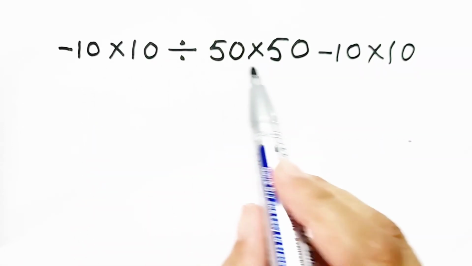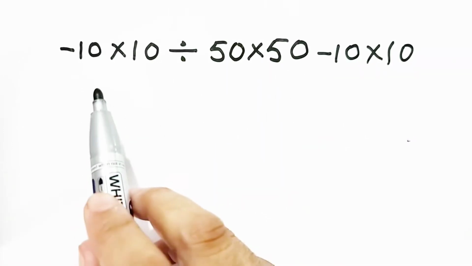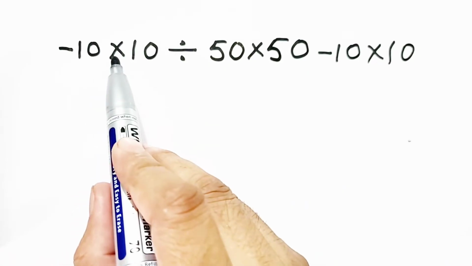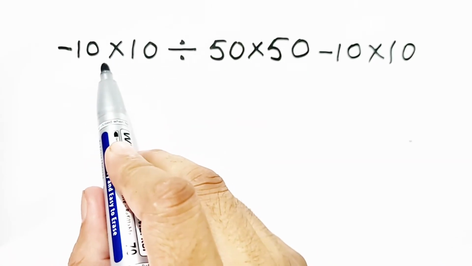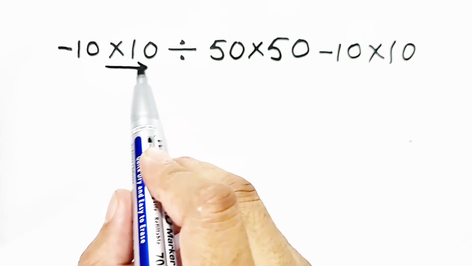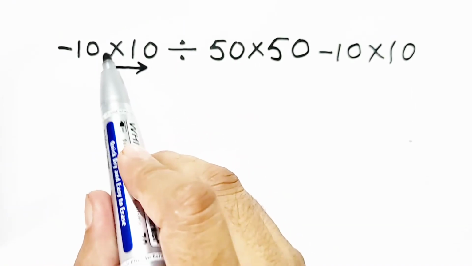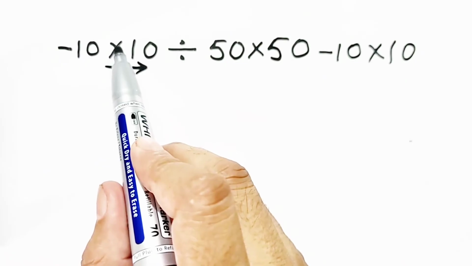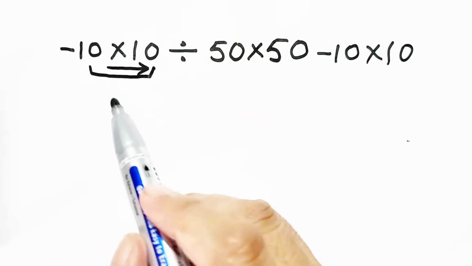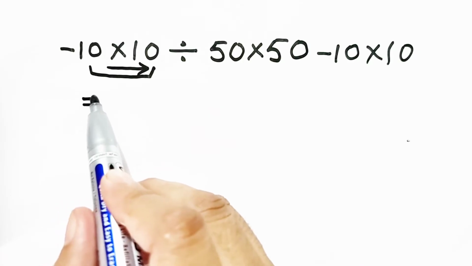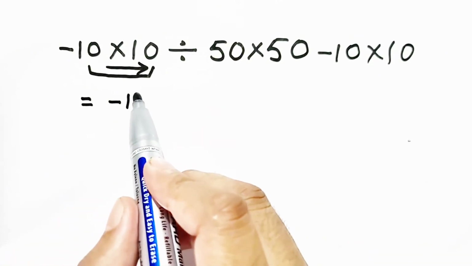Everyone, this question is looking very difficult, but it's so simple. Multiplication and division are in the same question, so we have to move from left to right, meaning we have to solve multiplication first. So minus 10 times 10 will be equal to minus 100